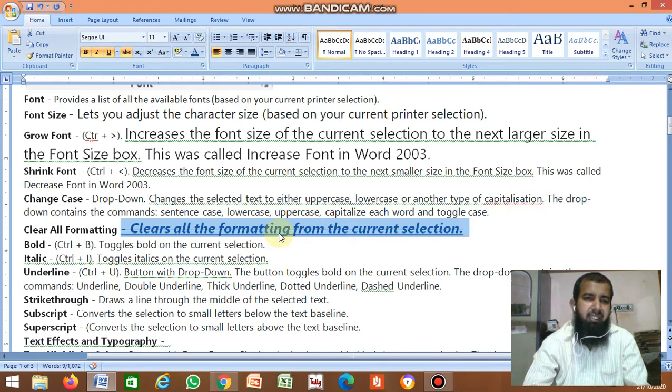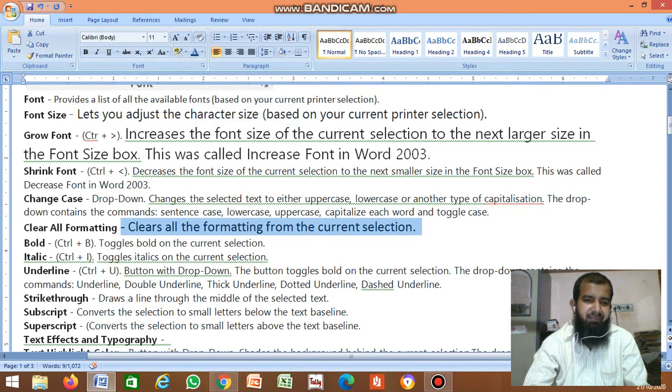Clear all formatting means you clear all the color, size, and all those things. It becomes normal text. Clear, no? It clears all the colors, size, etc.